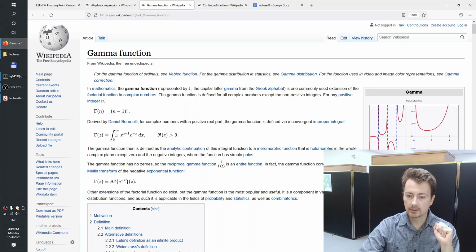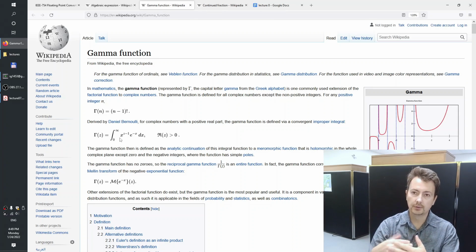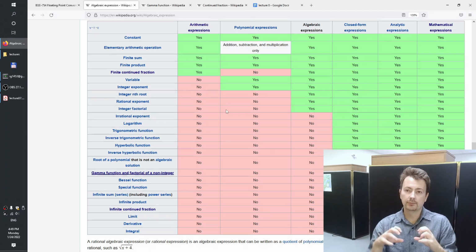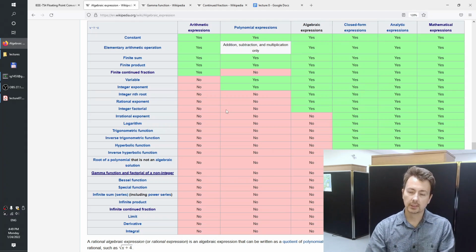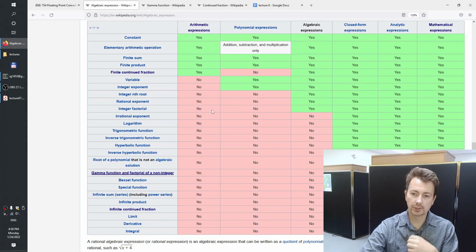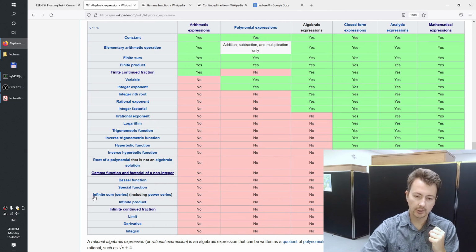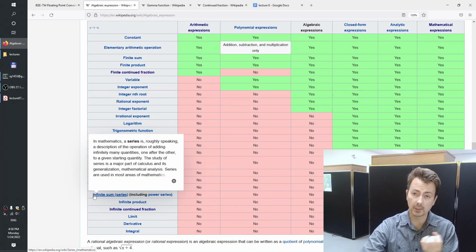The point is, none of this looks like what we would compute in Fortran. So anything that goes in this red area of this table requires a lot of mathematical trickery to convert it to something that the computer can crunch. And basically the computer just crunches arithmetic. So we'll have to bring whatever is in this area we're trying to calculate. The integral, by the way, is all the way at the bottom. That's one of the most difficult things. Their infinite sum, which we can try to approximate with a finite sum,